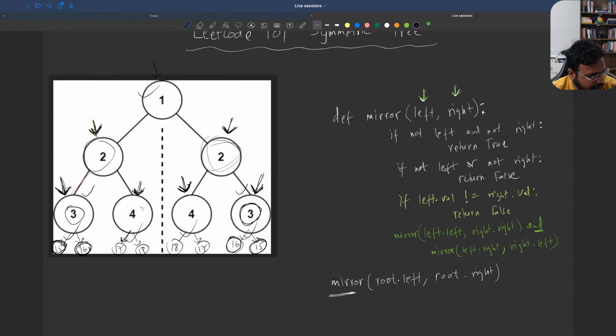So the 4's left child should be 17, and this 4's right child should be 17, you see, and this 4's right, which is 18, and this 4's left, which is 18, they are also equal. So which means this tree is also symmetric. I hope you are getting it. So here we are going to return this value,